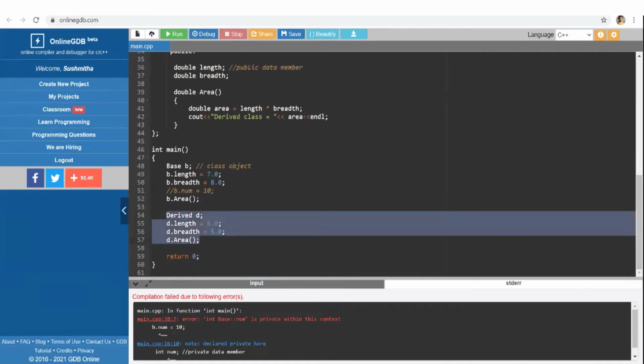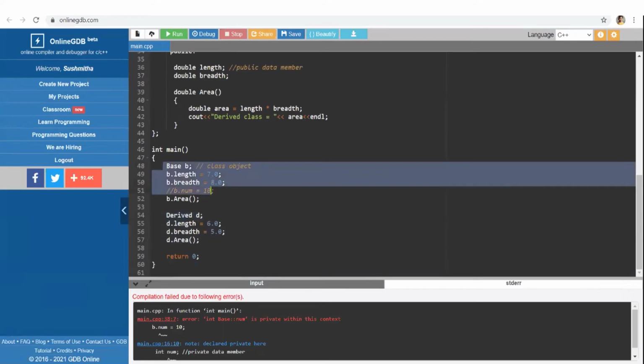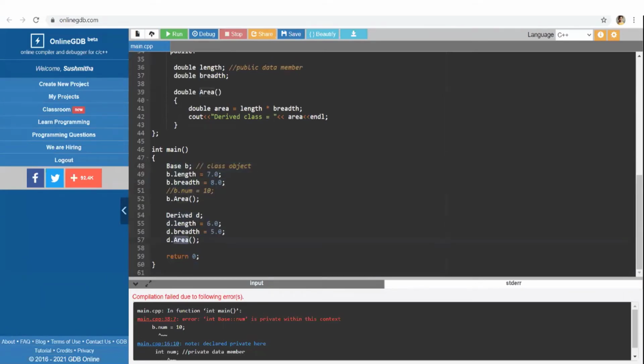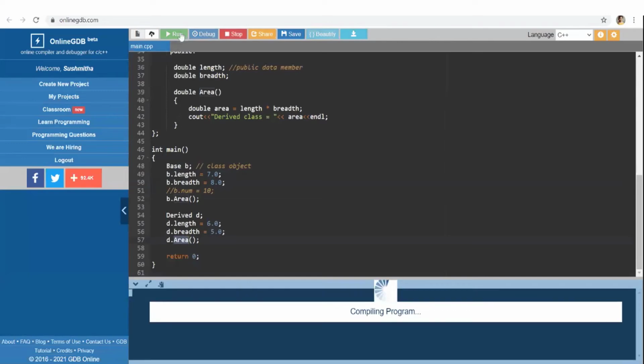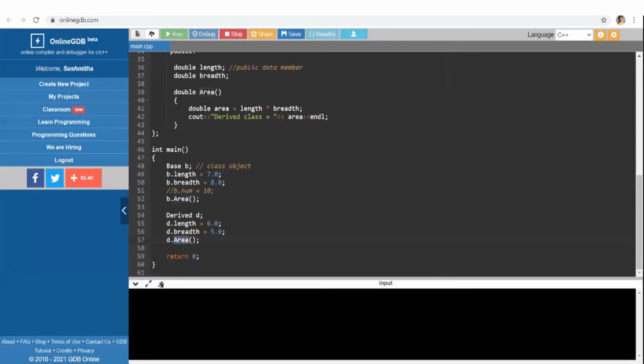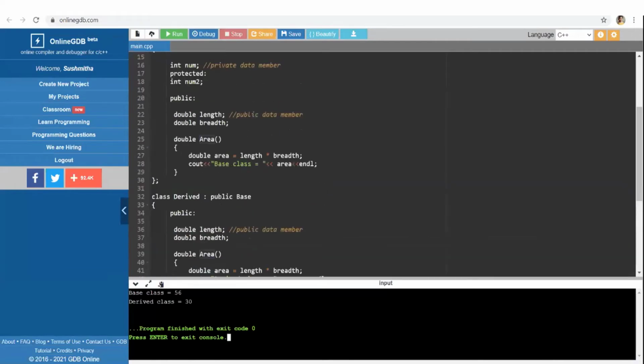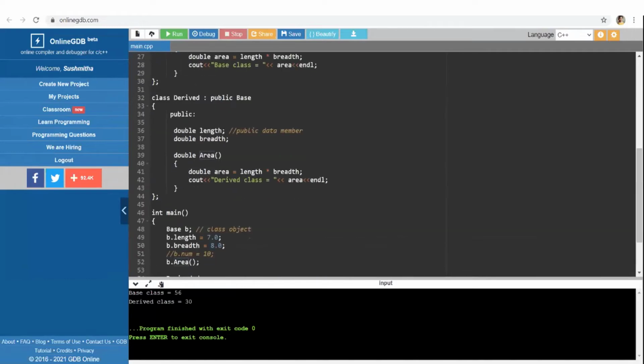It works the same way as this worked, right? We are trying to call the derived class member function using the derived class object. So we'll try to execute this. We have two outputs here. We have calculated area both in the base class as well as in the derived class.